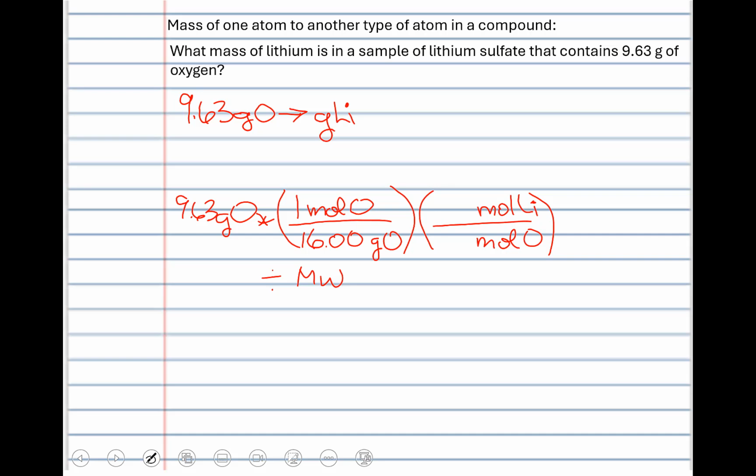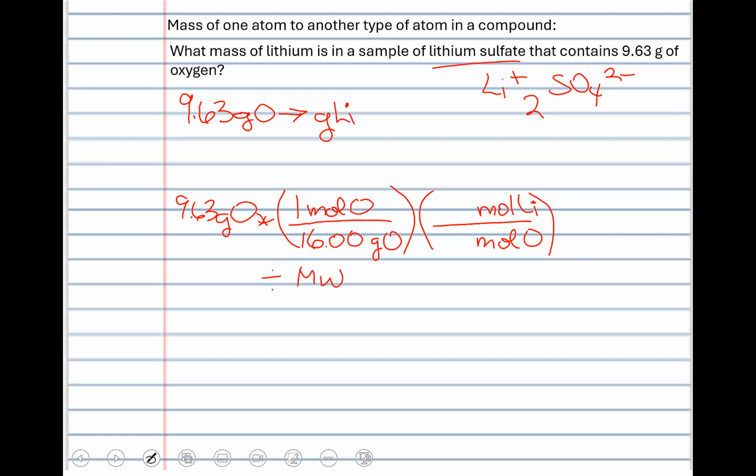So we actually need to know what compound lithium sulfate is. Perhaps you remember that lithium is a group 1 metal ion with a +1 charge. Sulfate is a polyatomic ion. It has the formula SO4 with a 2- charge. So in order to make a neutral compound, we crisscross the charges, so our compound will be 2 lithiums with